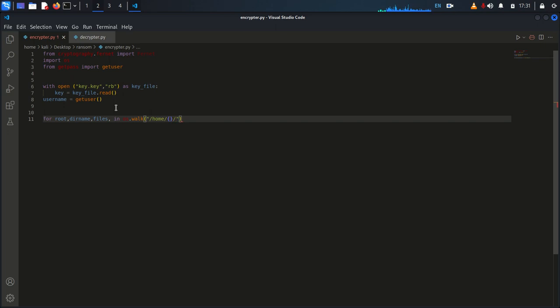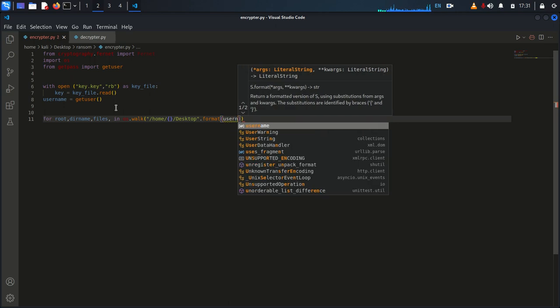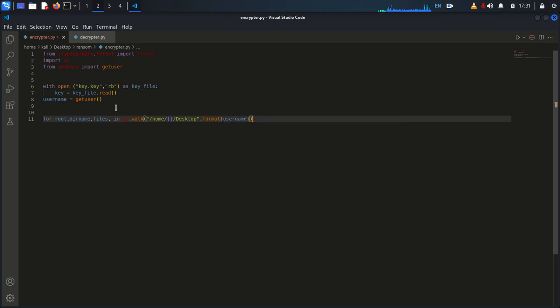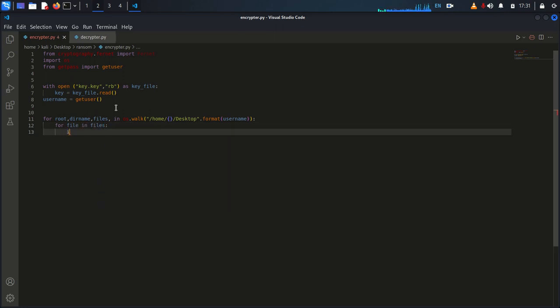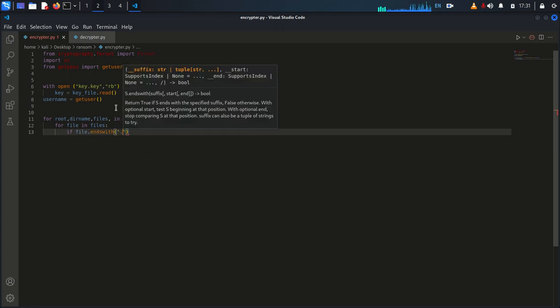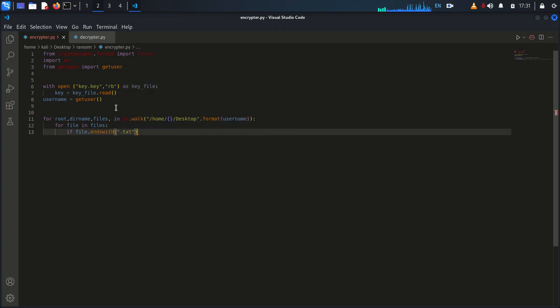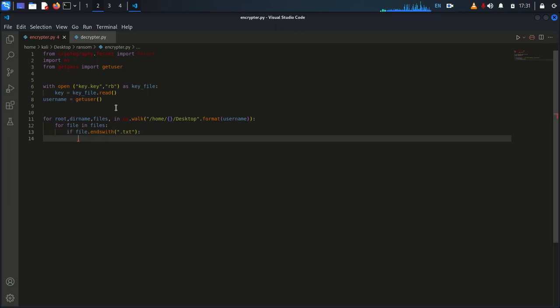And then you have to go to the desktop, because as I told you, as a hacker, you know where you actually put that. And then after there you do dot format, and you say that those curly brackets actually mean username. And then you will go for file in files, if file dot endswith .txt. Okay, if the file ends with .txt,